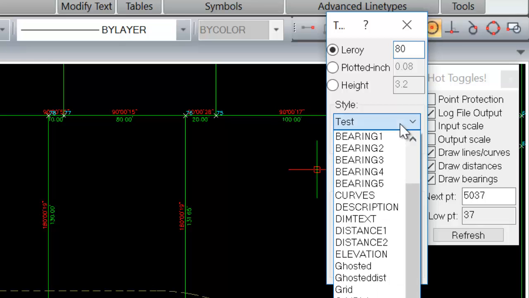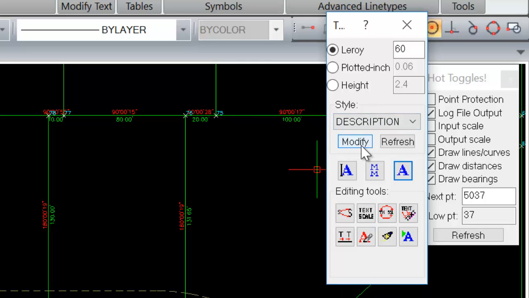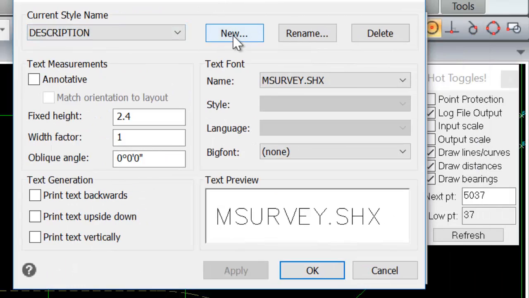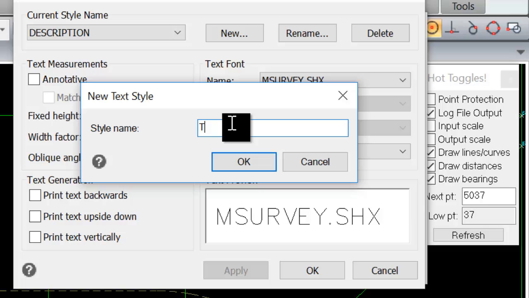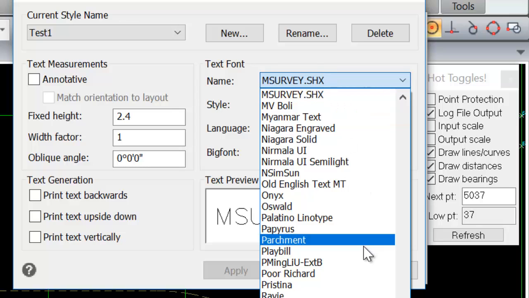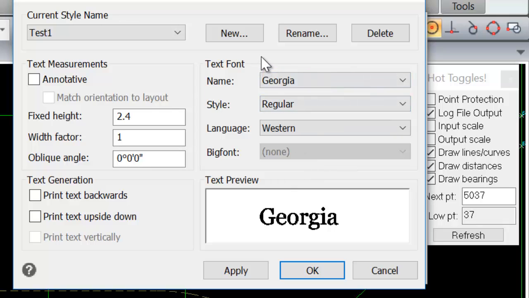And here you can choose your style or your font from the drop down. If none of these are suitable for your needs, you're able to hit modify and create your own. So if you hit modify, just hit new, and we can call this test 1 style, say OK. Next you'll be asked to choose your font, and I'll just choose something random here. Let's try Georgia. And if I just hit OK,